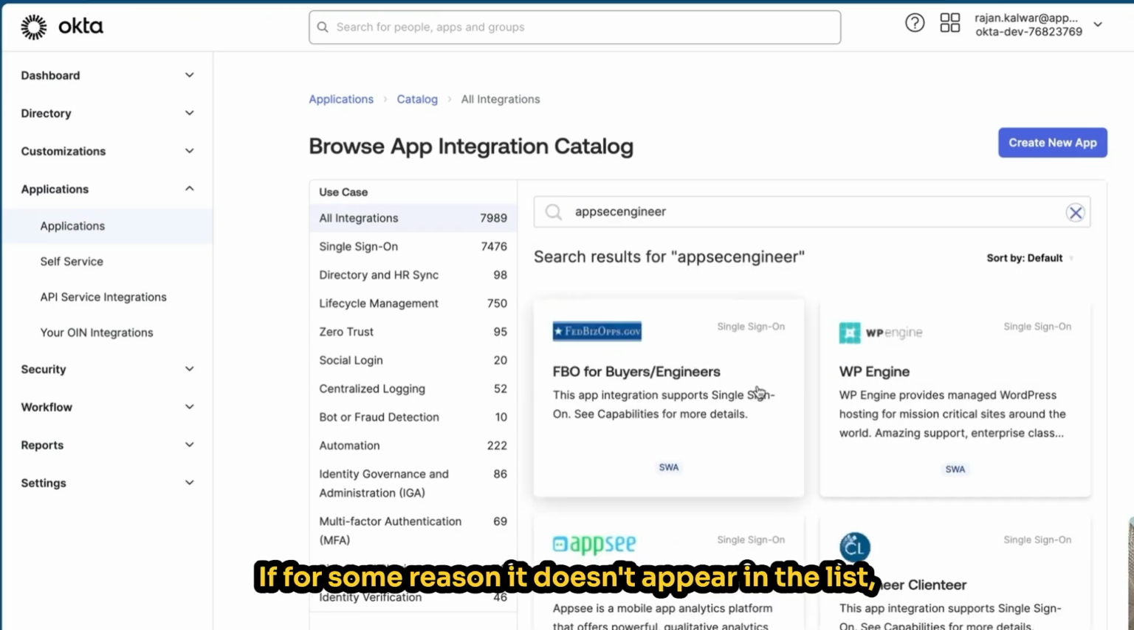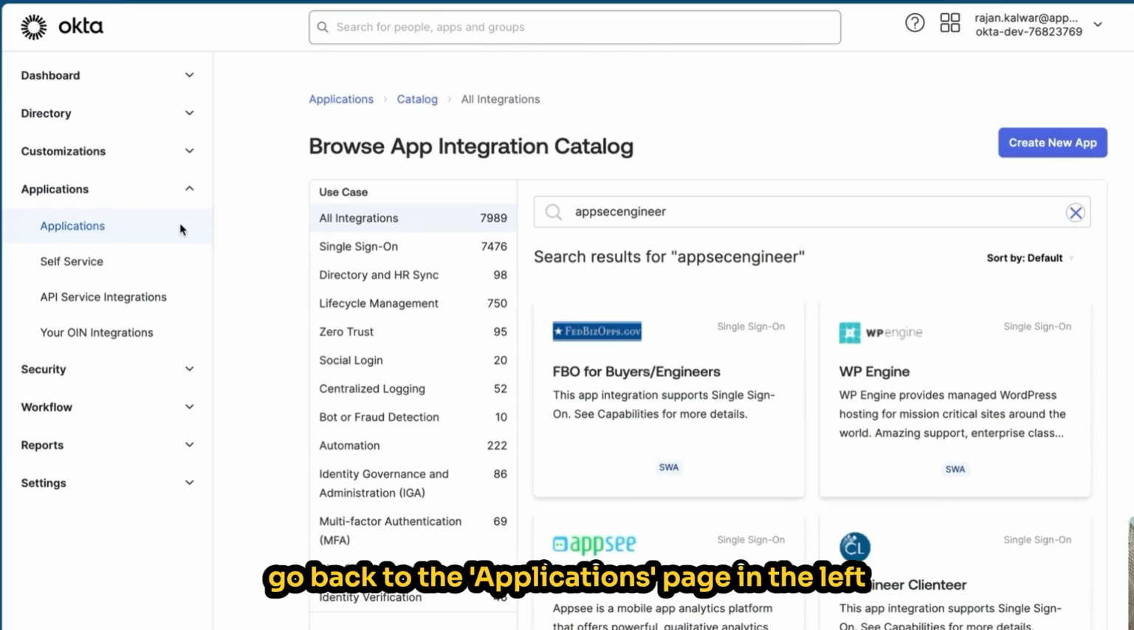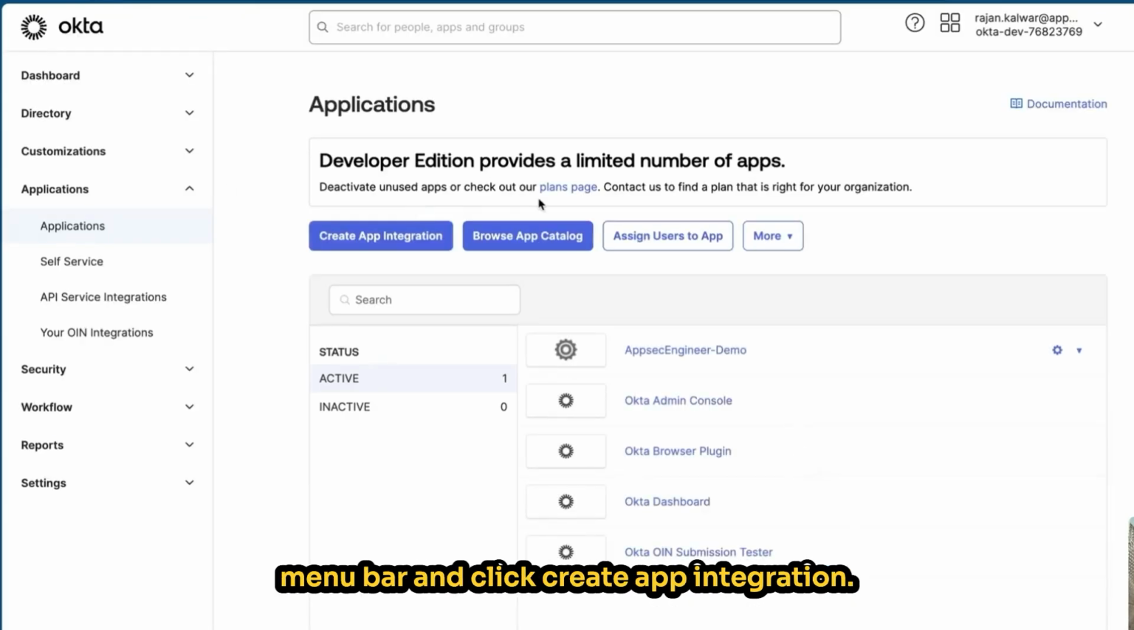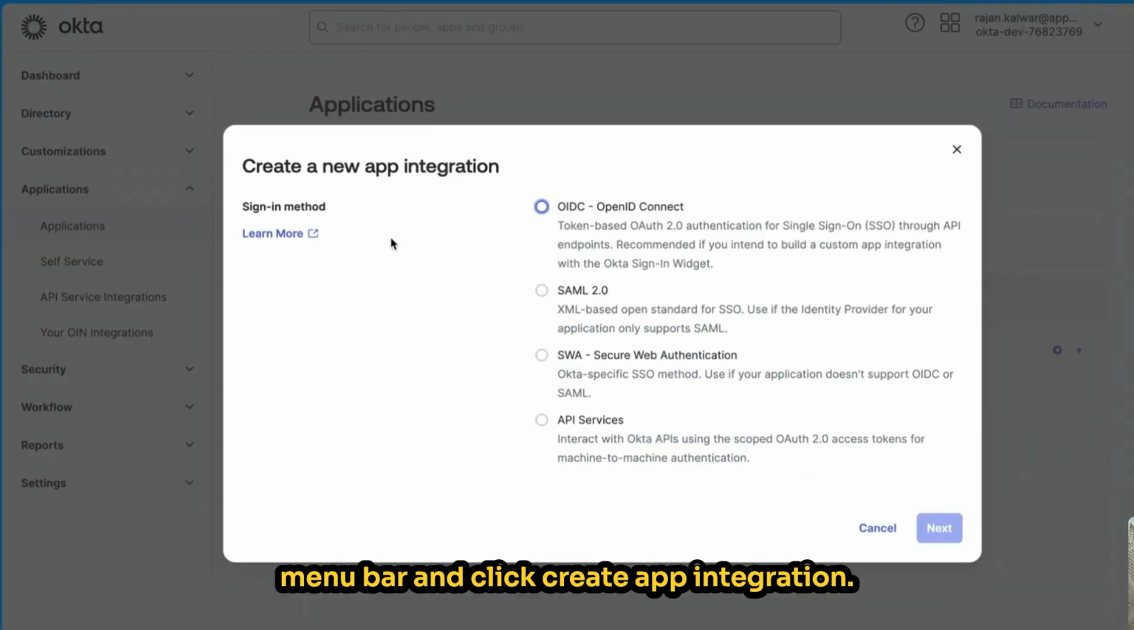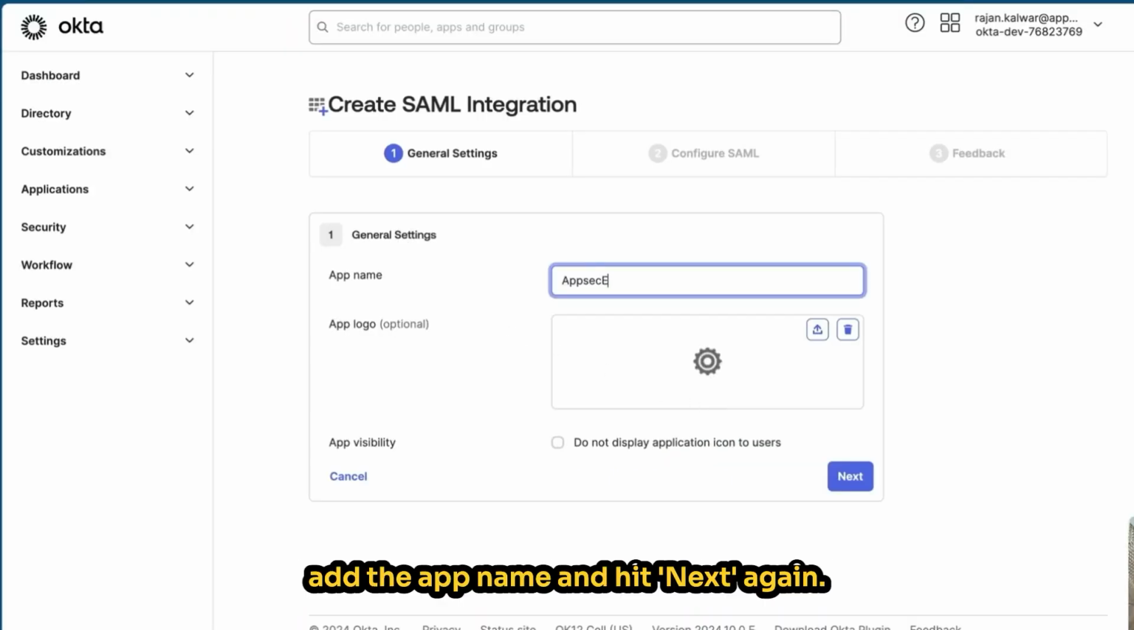If for some reason it doesn't appear in the list, go back to the Applications page in the left menu bar and click Create App Integration. Click the SAML 2.0 checkbox, hit Next, add the app name,